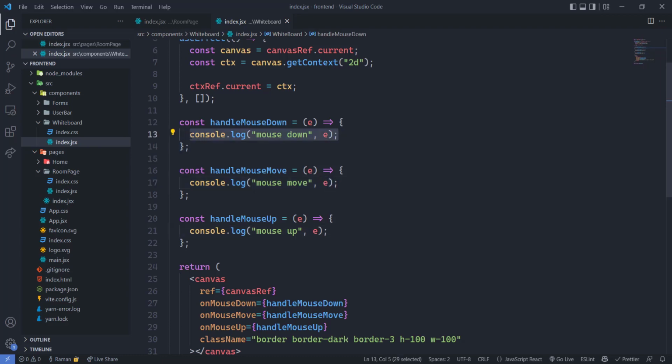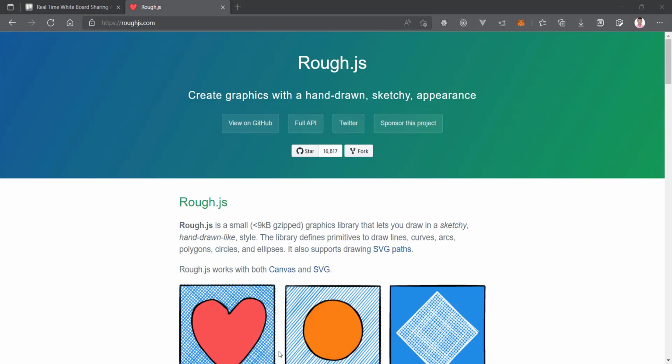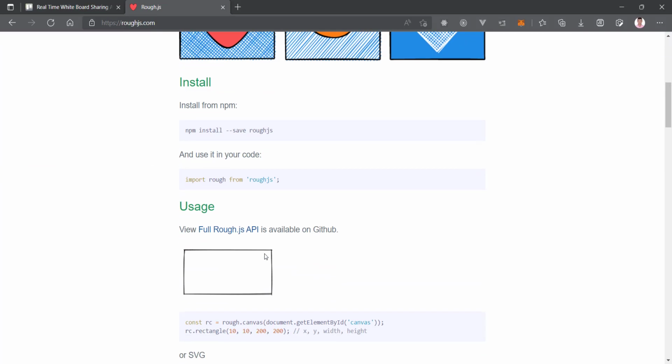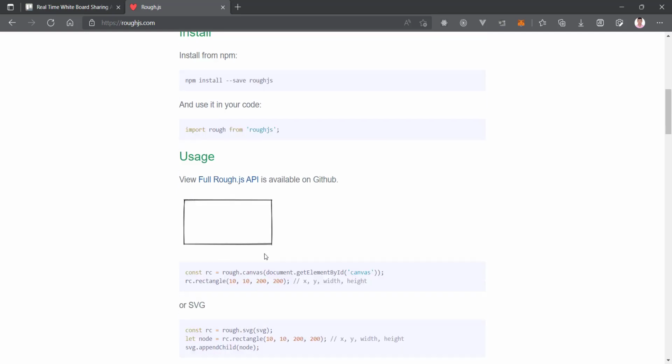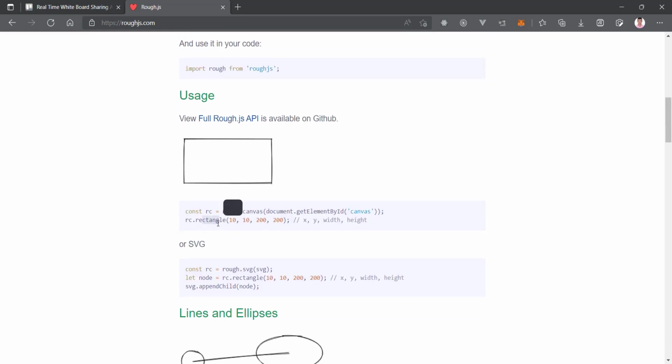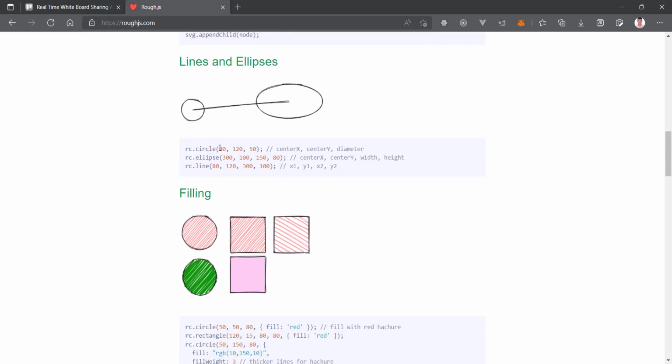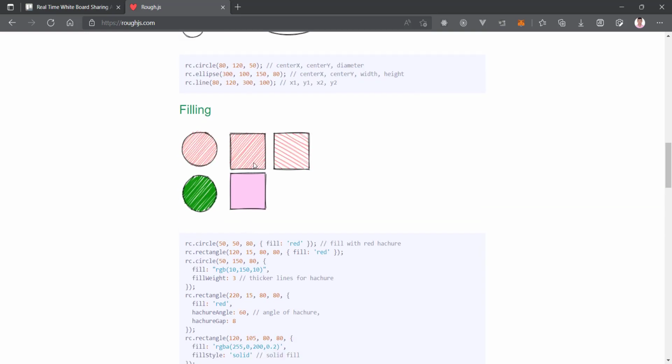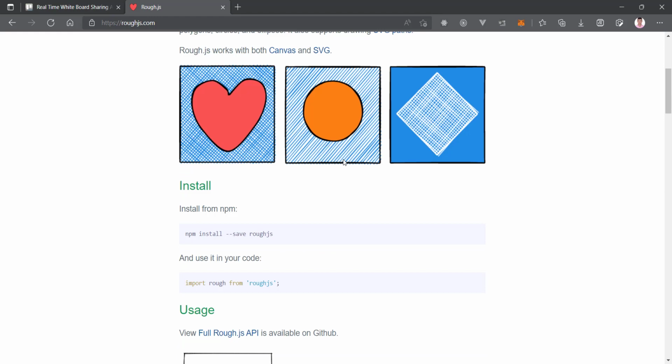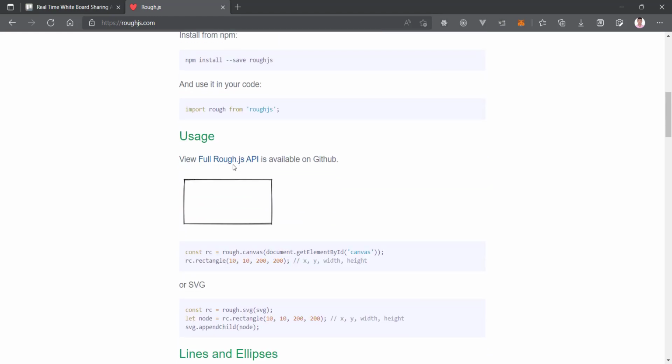Now we are going to start drawing, first a pencil. For that we are using rough.js. We have to create a path for the line of this pencil. You can see that we have a rectangle and lines, but there is no path. We can create straight lines, but we need paths here. We have to create a path that the user can define, and according to the user's mouse movement we have to create the path. For that, in the documentation, we will click on the full rough.js API,